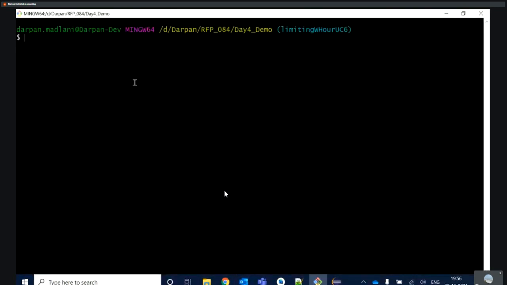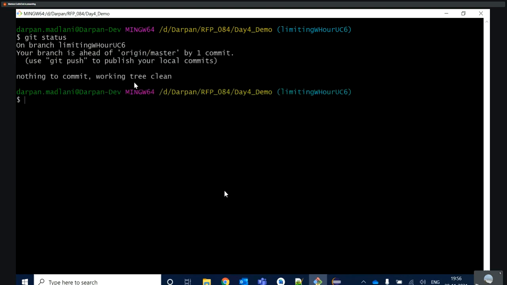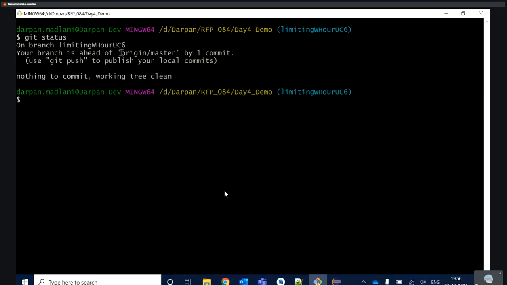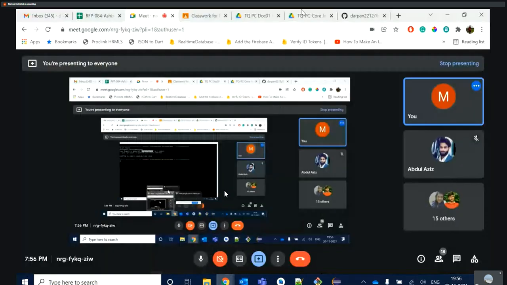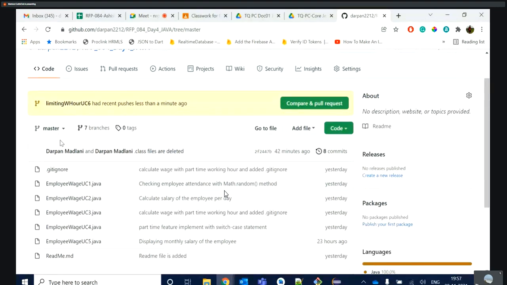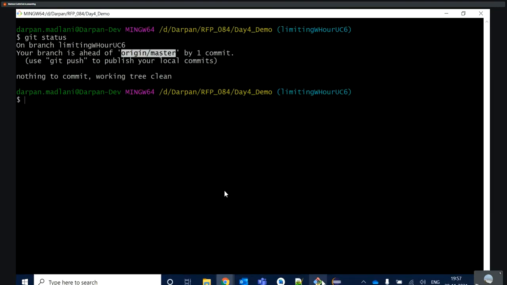So now my local branch is pushed, and your branch is ahead of origin master by one commit, and in remote also. Now my master branch should have the working code. Let's assume our use case 6 is developed completely and tested also. So we will merge our use case 6 branch to the master branch.